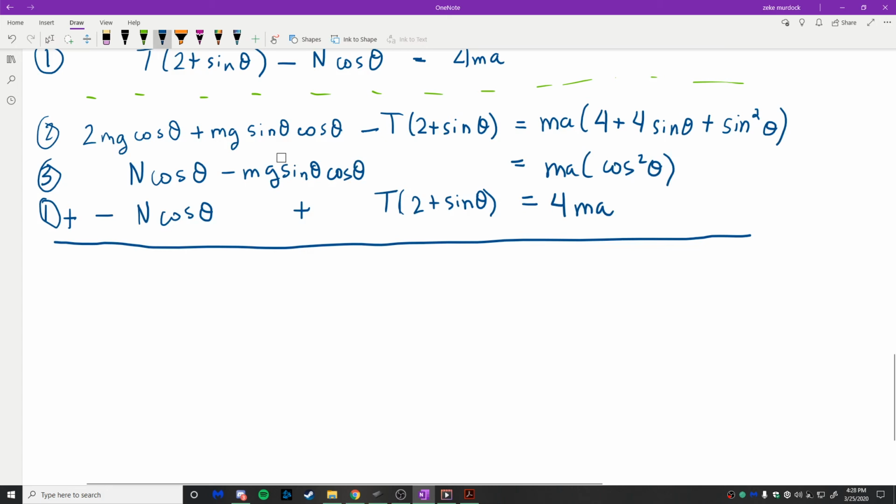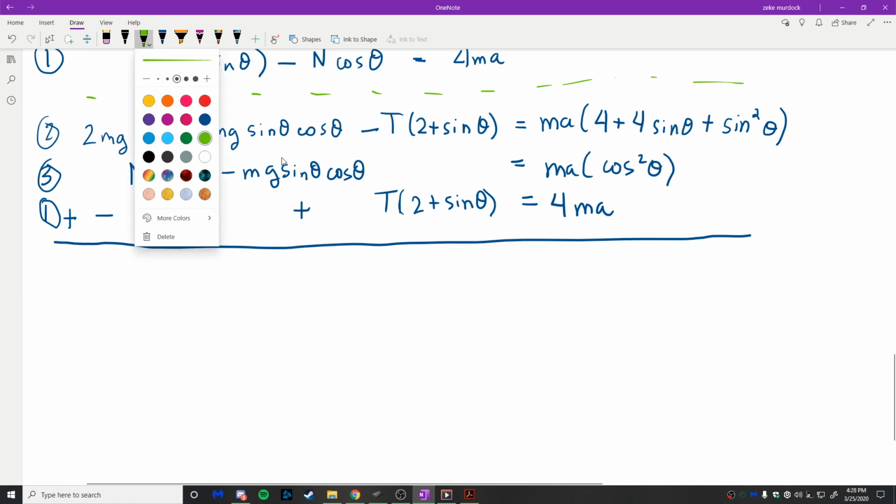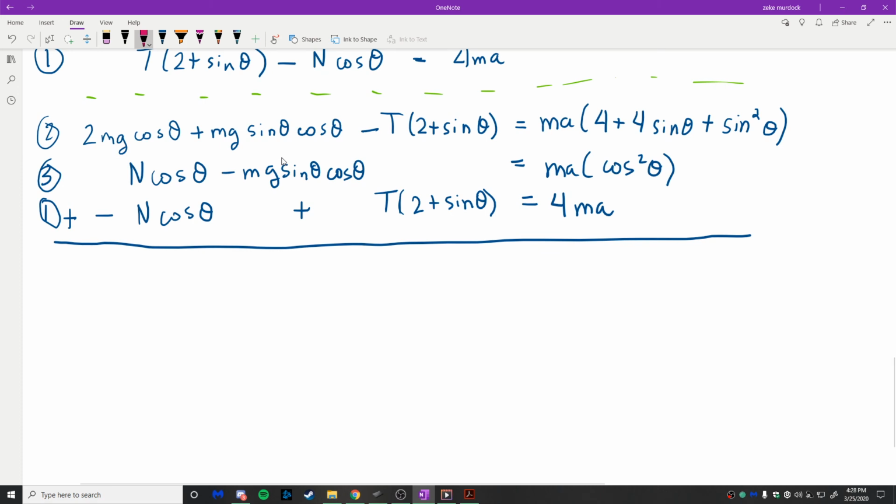Okay, so hopefully you noticed that a bunch of terms cancel, right? This mg cosine theta here, what's up? Someone want to say something? That one cancels with that one. This is beautiful. To me, this is beautiful. I love algebra. This one cancels with this one. This one cancels with this one. Everything cancels out on the left-hand side except for one thing. All you have left over is basically